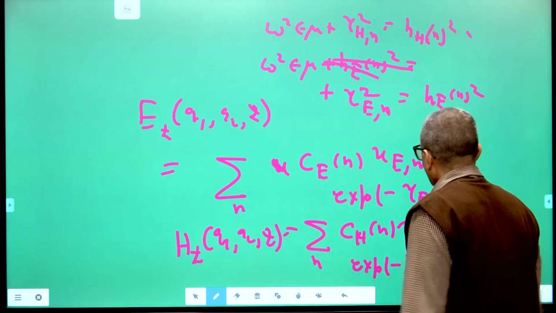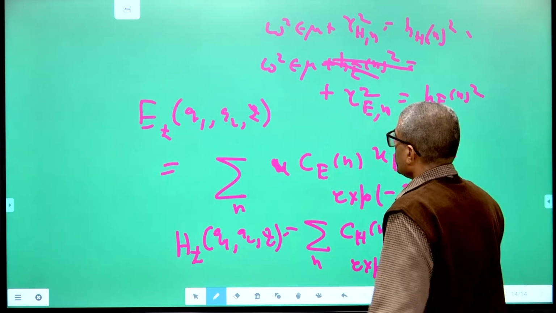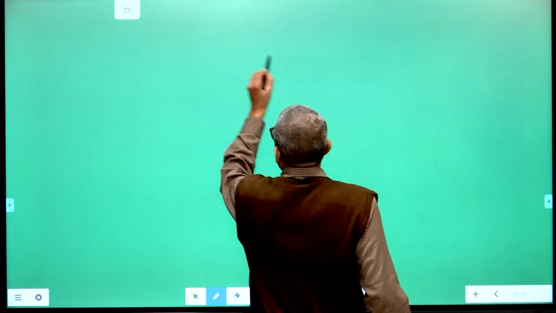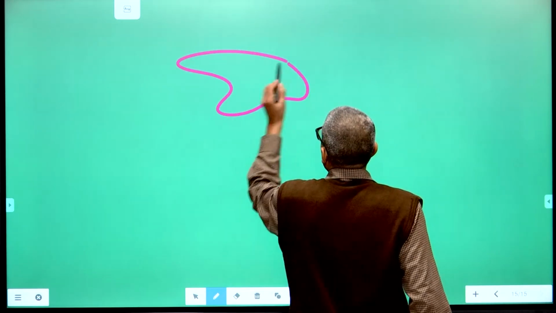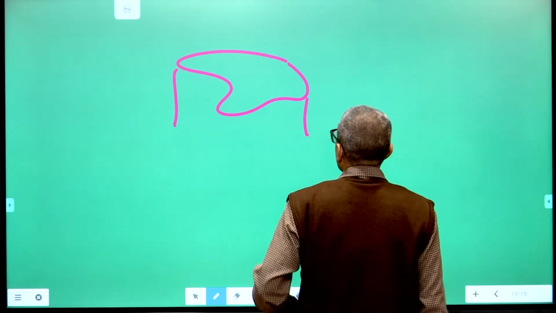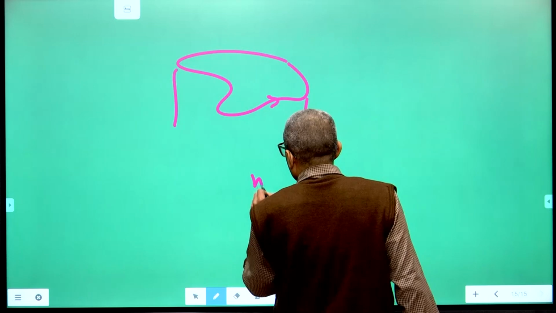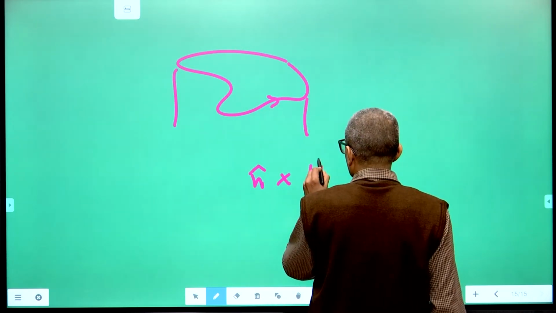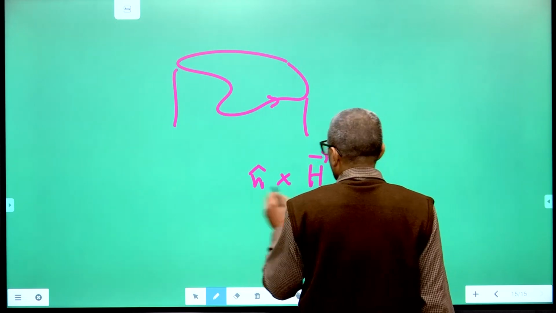Now when you go to the quantum picture, anyway, you can also calculate other things like the power dissipated in the cavity and so on. For example, if you want to find out the power dissipated in the side walls, let us say it has got a finite conductivity, then there will be a surface current induced by n cross H tangential. Right, this will be the surface current,